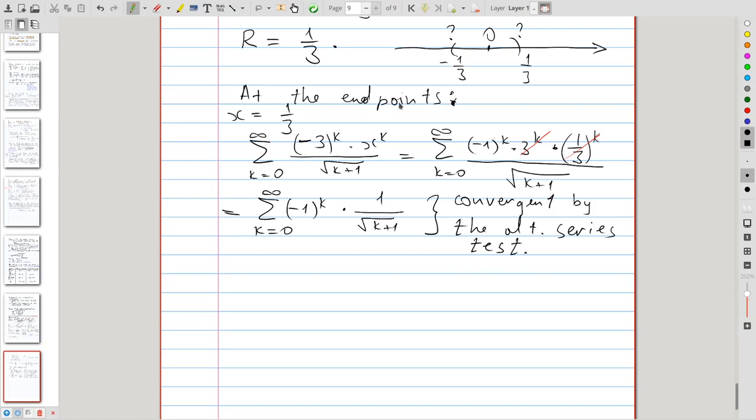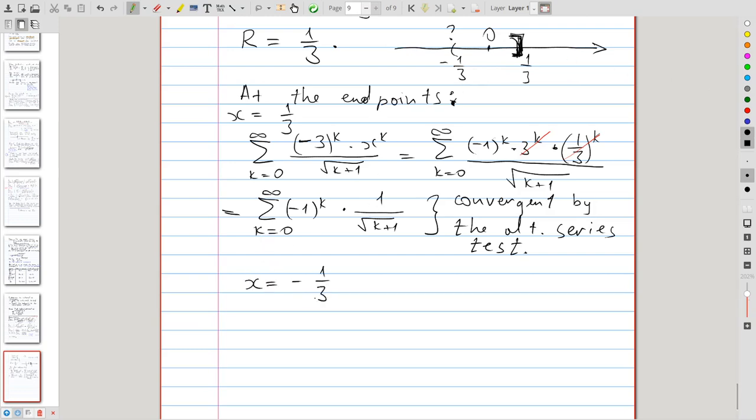Great. That's what we know about the right endpoint. We know that our series converges at the right endpoint. So let's include this point into the interval of convergence, and consider the left endpoint, x equals